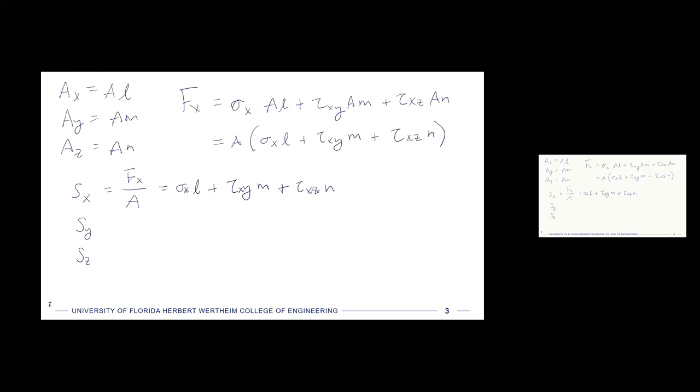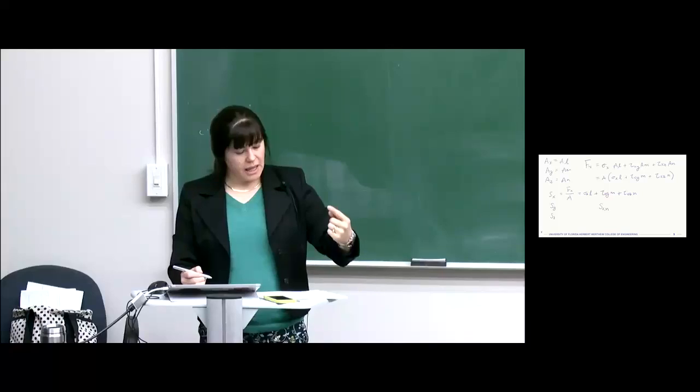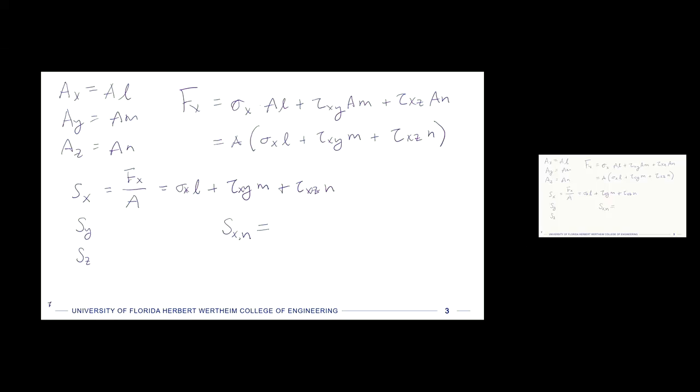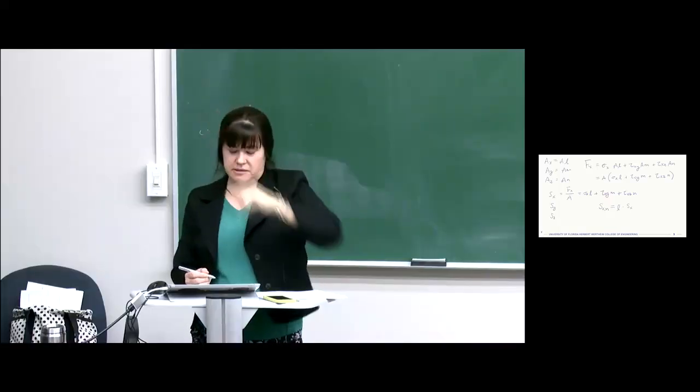So I'm going to come over to this middle section, and I'm going to write Sx, and I'm going to put an N on it. So this is the stress based on f of x on that cut plane, and it's the component going in the normal direction. Okay, so we're going to define that as L, which was our cosine alpha, times that stress we had. So it's kind of like two cosine terms together now. Okay, because we have